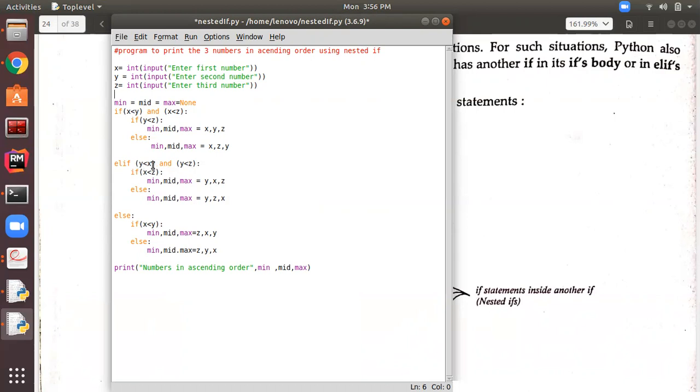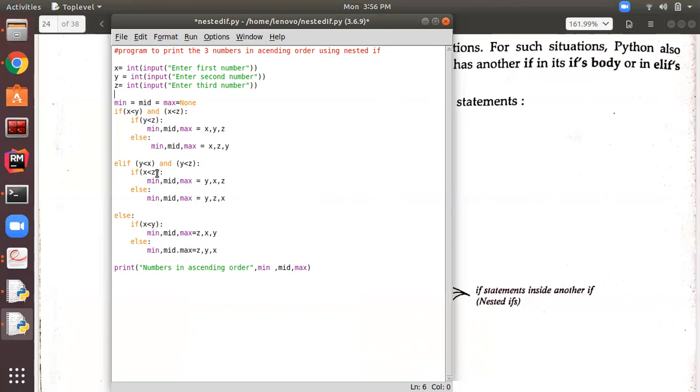If y is less than x and y is less than z, and this condition is true, then the code will jump to the nested if statement of the else if part. Here I am comparing x with z.